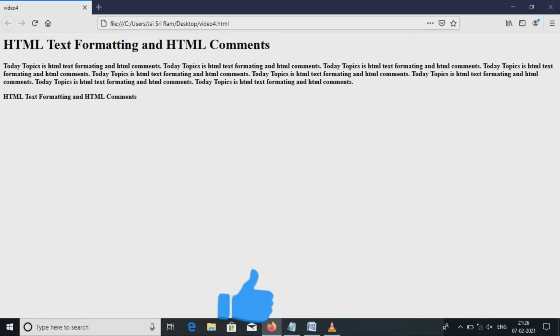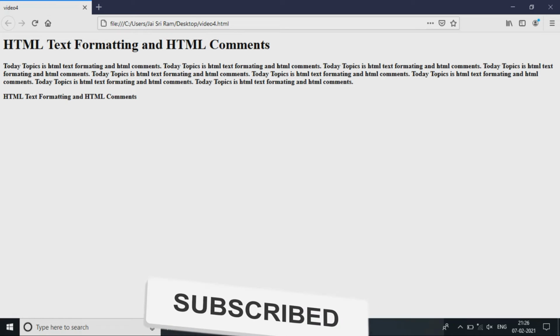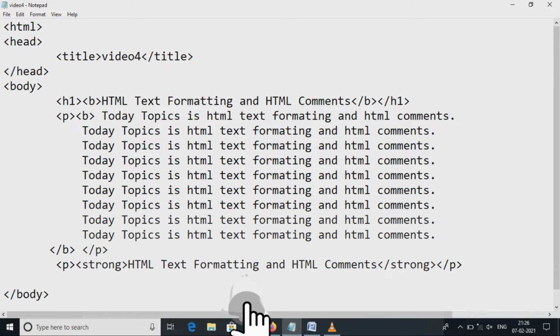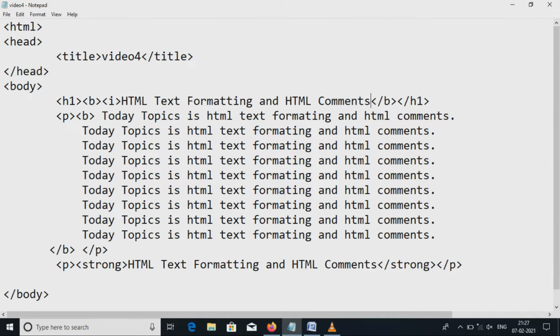Now I am using another tag, that is the i tag, and close this, and save and see the output.